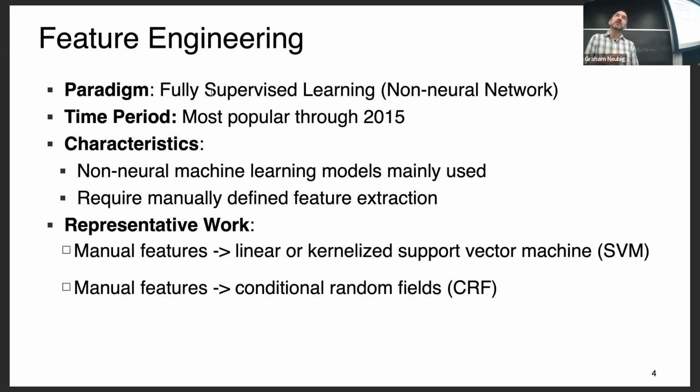We would do things like manually defining features that say, okay, I want you to pay attention to this word because it's capitalized. So we'd have a feature that says this word is capitalized or not, and then we would use that in recognizing entities. Or we'd have a feature that says this word is at the beginning of the sentence, or this word is at the end of the sentence. And we could use things like support vector machines, which learn feature combinations.